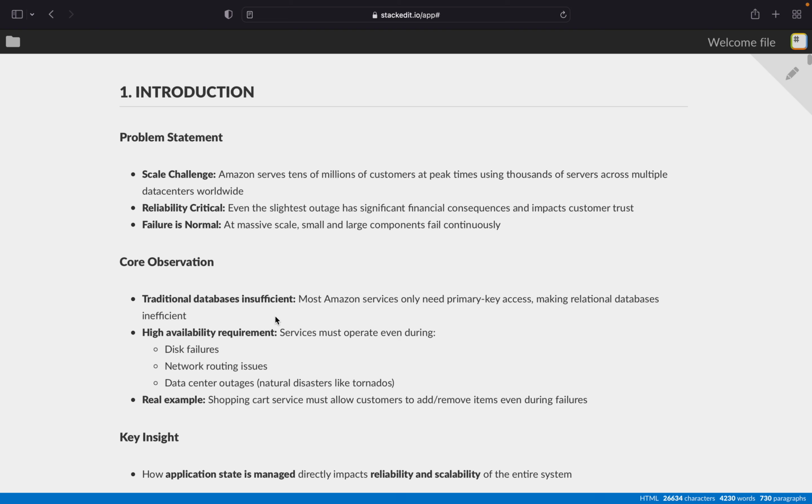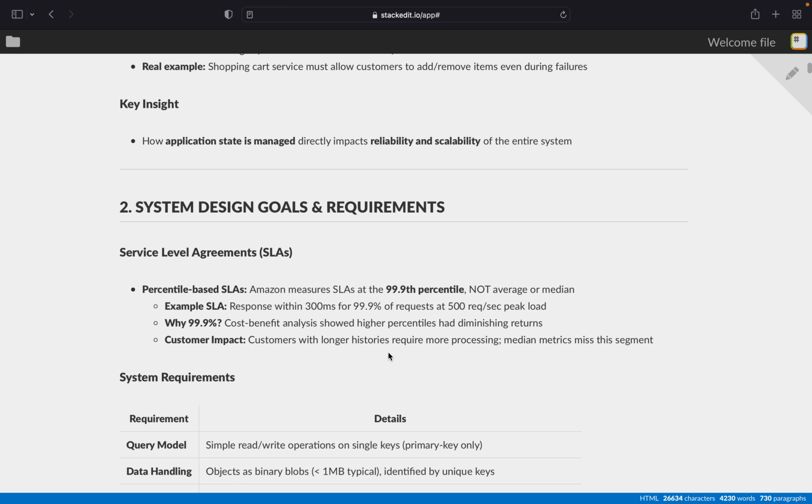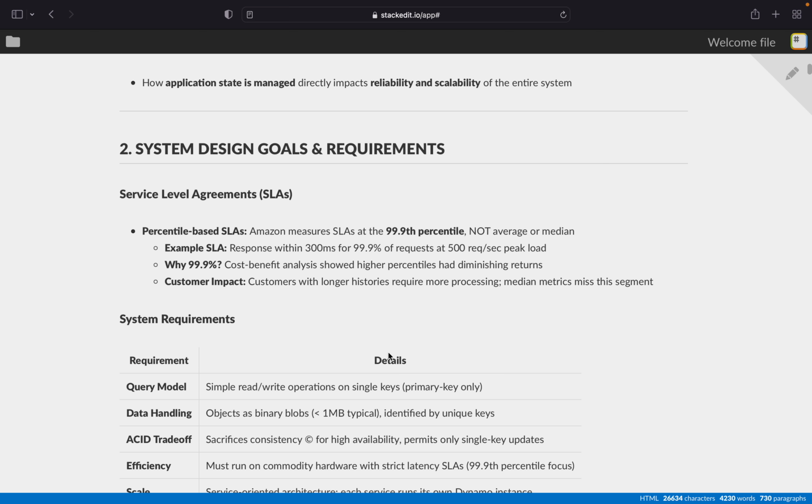Then they also noticed that the shopping cart service should always be available, and the customer should not face any issue either when adding items to the cart or removing items from the cart. There were a few other services which also required to be always available. So that was the core requirement of Amazon, and they needed a database which was very scalable,